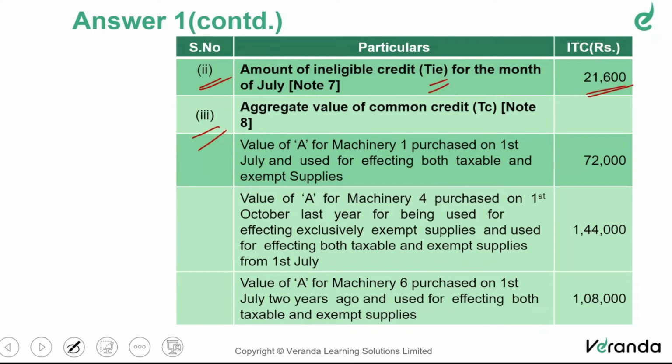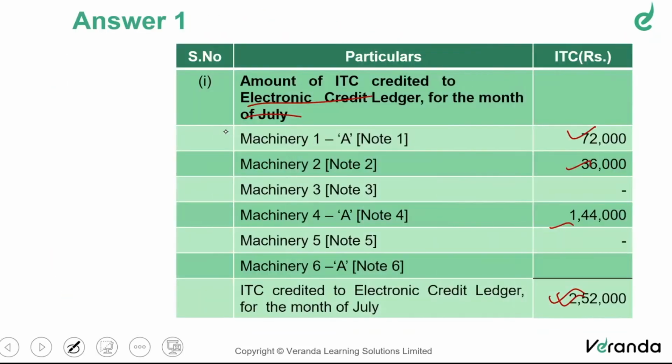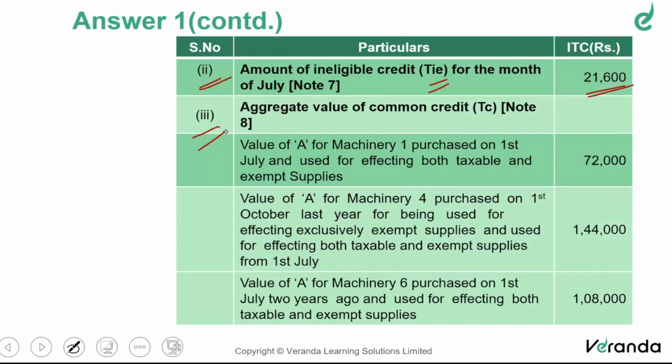First one is common capital goods, correct? Yes. Do you want me to go back and show you? I'll show you. No. It's clear? Yes, it's clear. All right, fine, good. Then I'm happy.